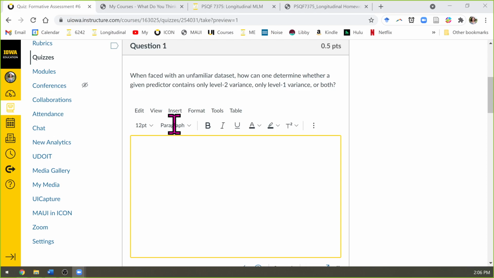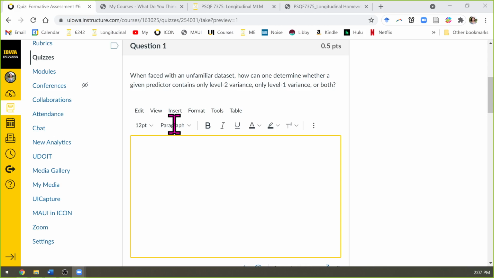Which variance is likely to blow up and have like a 0 and some dots next to it? If it's a level 2 time invariant predictor, are you going to have that problem with the intercept variance, or are you going to have that problem with the residual variance? If the ICC is 1 or close to it, which variance component has got to be 0 then? Residual. Yes, level 1 residual would be 0, meaning there is no within-person variation if it is a level 2